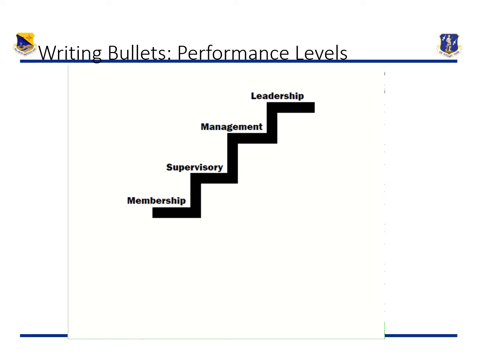And so first off, the membership level typically is defined as the level of the apprentice or the journeyman at the junior ranks. The supervisory level is defined more on the journeyman, the supervisor, and the NCO. The management level is that it's expected more of a craftsman or a senior NCO. And then the leadership level, which is kind of difficult contextually, it really stands about the level of contribution that anyone can perform that is clearly above the expectations, whether it's tactical, operational, strategic in nature.